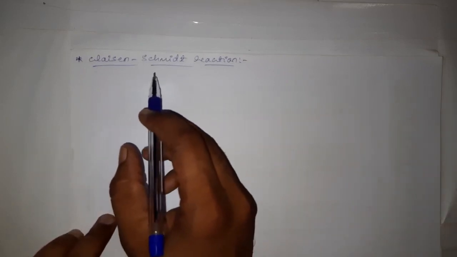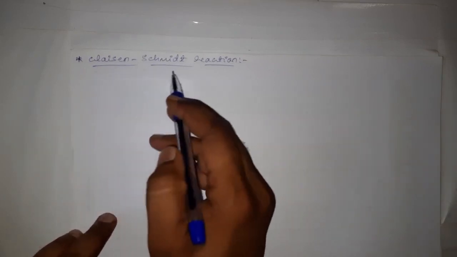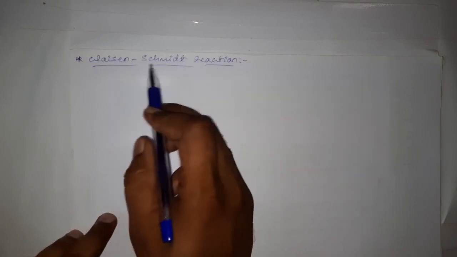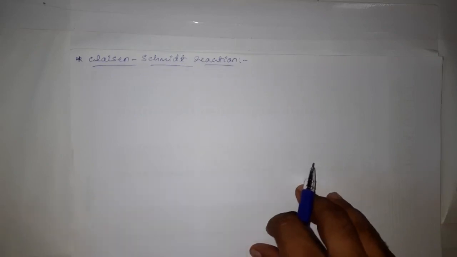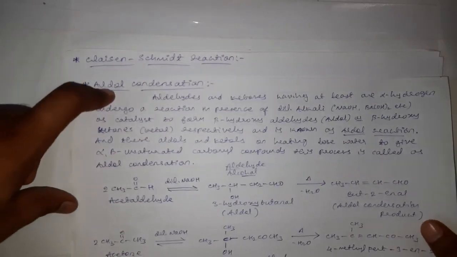Hello students, in the last class we discussed the aldol condensation. In this class we are going to discuss the second named reaction of aldehydes and ketones, that is the Claisen-Schmidt reaction. In the last class, in the aldol condensation reaction,